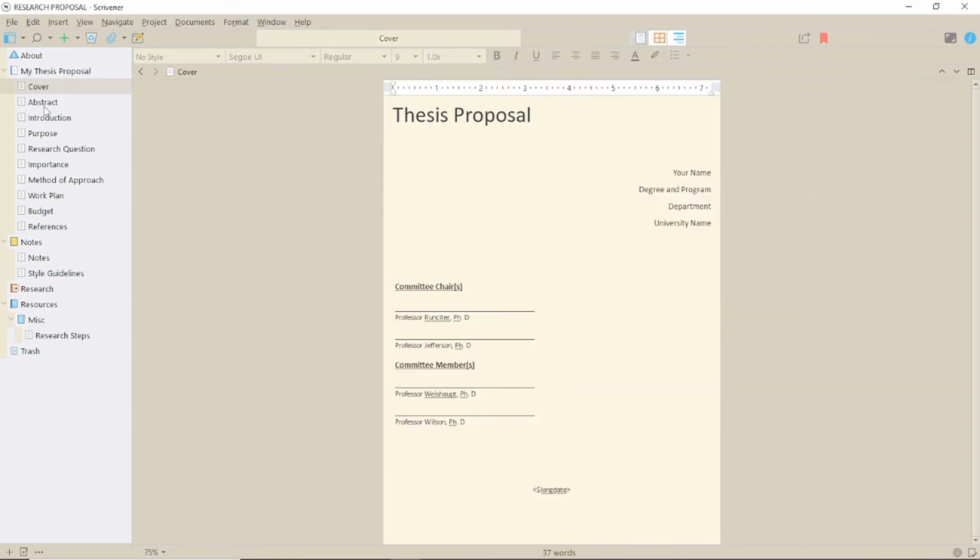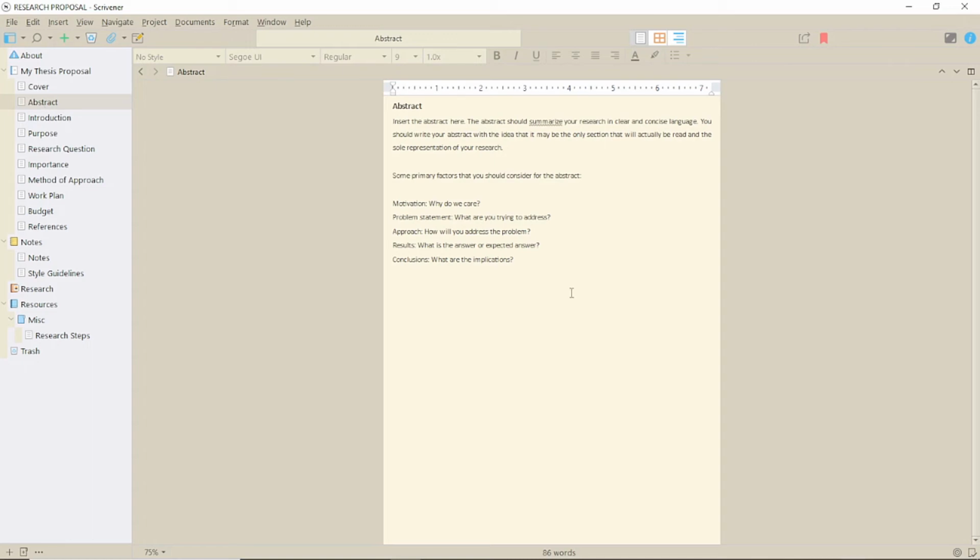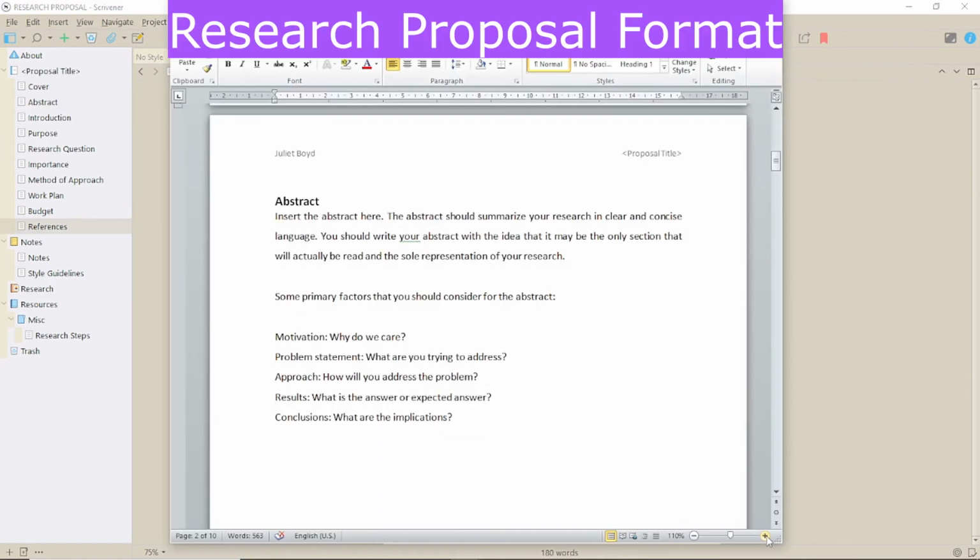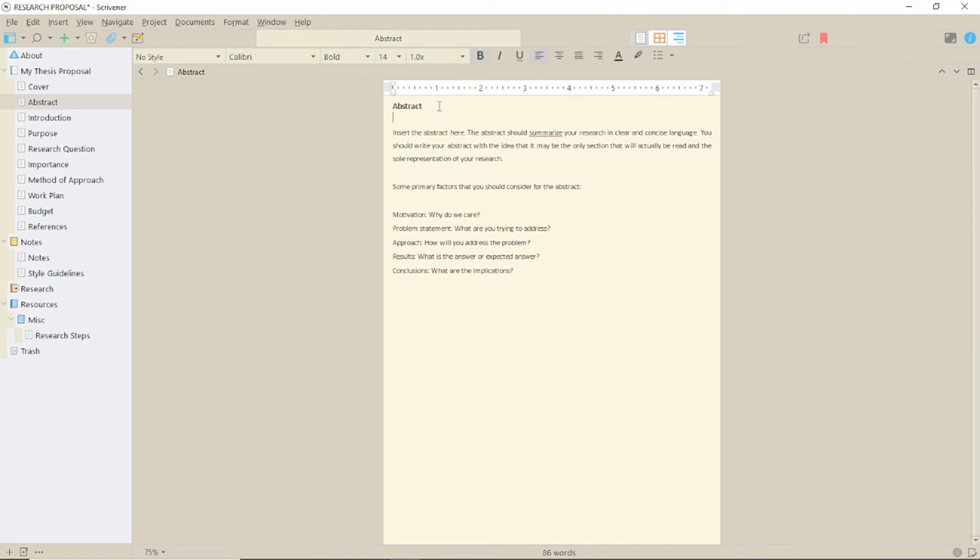I'll use the abstract as an example for formatting on the page. Although the lack of space after the title looks okay in the editor, it doesn't look so good in the compiled document, so make sure to add a clear line space unless the format you're complying with specifies not to. The other thing is that everything here is set up with block paragraphs apart from references, so no indents. Is that normal for a proposal? If it is, add clear line spaces between all paragraphs. You could set this in compile instead, but that just adds another level of complexity that you probably don't want.